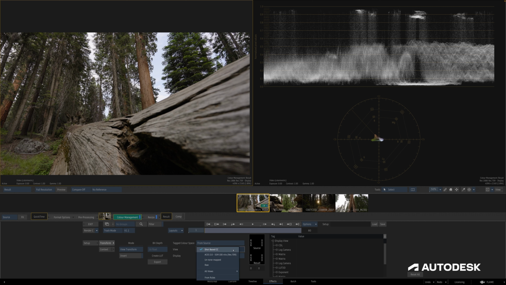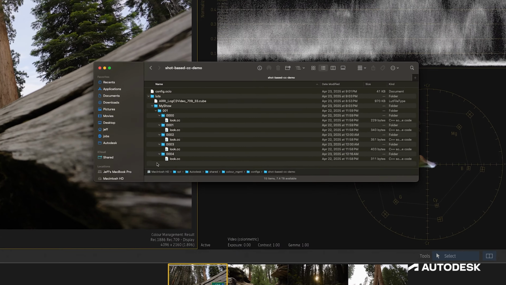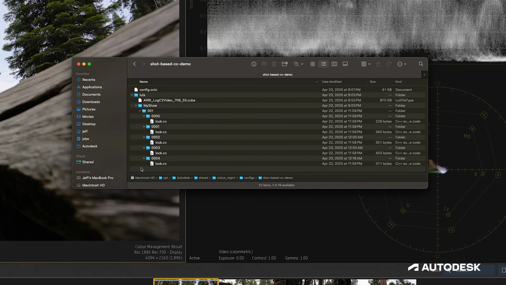This view is doing a few things at once. Since I'm working with ARRI LogC v3 footage, it's customized to first apply the new context variable system to load a CDL from the file system based on the settings set in the OCIO config, and then apply the ARRI ALF2 view transform. Taking a look at the file system, here in my color management config section, my shot-based CC